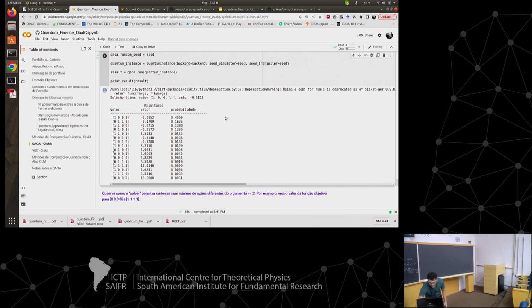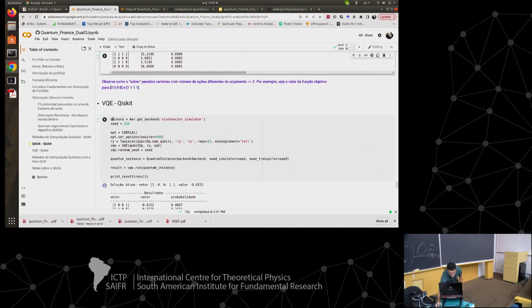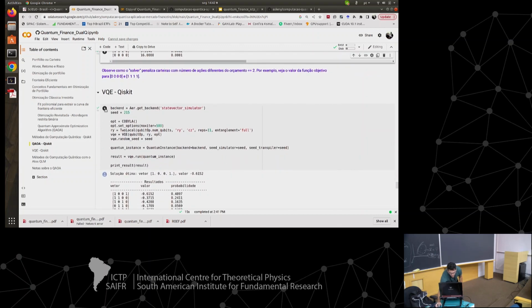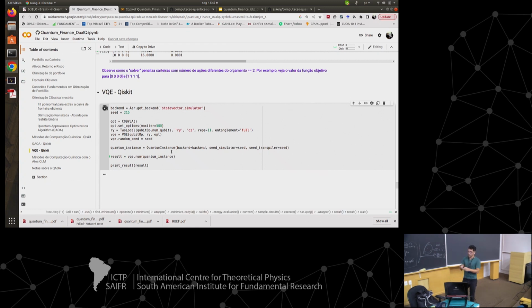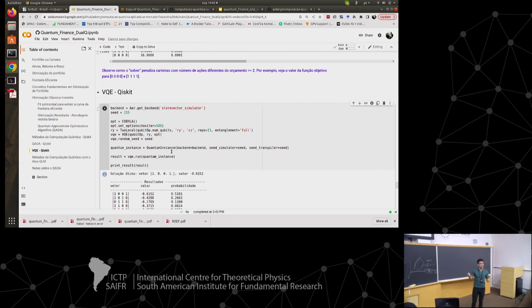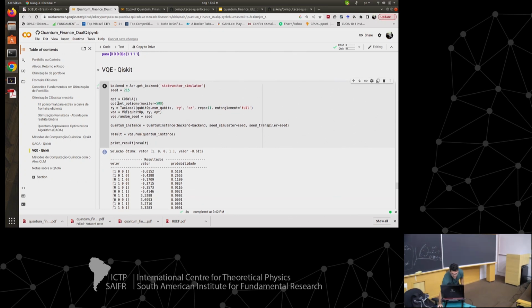And we tried also the VQE. What I'm showing you is that with this Aqua API from Qiskit, it's very simple. We almost wrote no code and tried two quantum algorithms. Here I put a seed that I know gives the right solution. I would say we also found a solution because the probability of the ground state being this is much higher than the second best one.